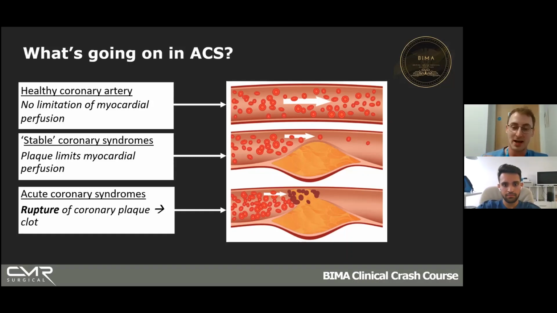The bottom photo represents what's happening in an ACS. So this is when the plaque ruptures, and this can happen at any time. It can happen at rest or at exercise, but most of the time it's at rest. We don't really know why they rupture, but they tend to randomly, basically. And the plaque ruptures, the endothelium, the lining, is disrupted, and platelet activation and the coagulation cascade activates as well. So you get a clot that blocks off the blood supply to the artery, and that's why you get this chest pain at rest in an acute coronary syndrome.